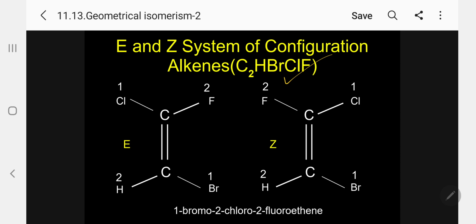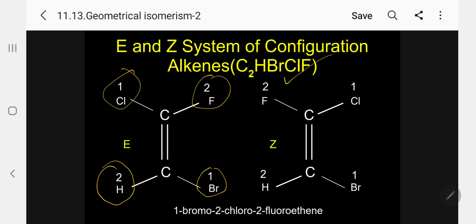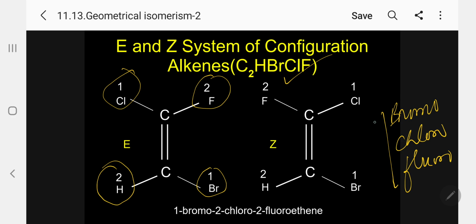But you should be careful. Then you name according to the IUPAC name in alphabetical order. Always keep hydrogen on the left-hand side first, then alphabetical order. In the IUPAC name, you write number 1, number 2, number 3. Kindly follow. This is to fix the first case. So now I have fixed bromine number 1, bromo, chloro, fluoro. So the order is 1, 2, 3, and hydrogen is the lowermost. That is standard, I am keeping it here.